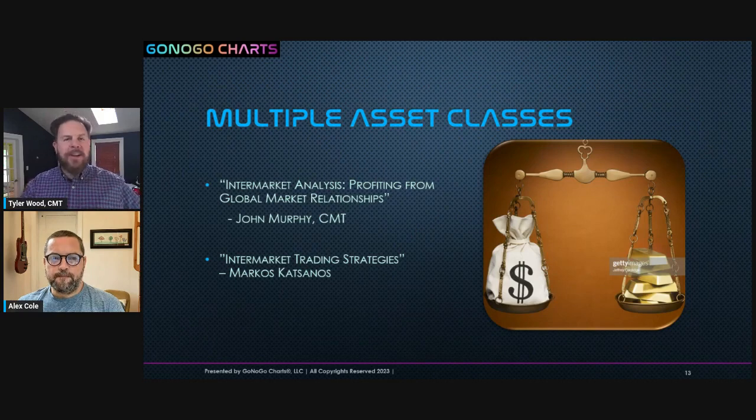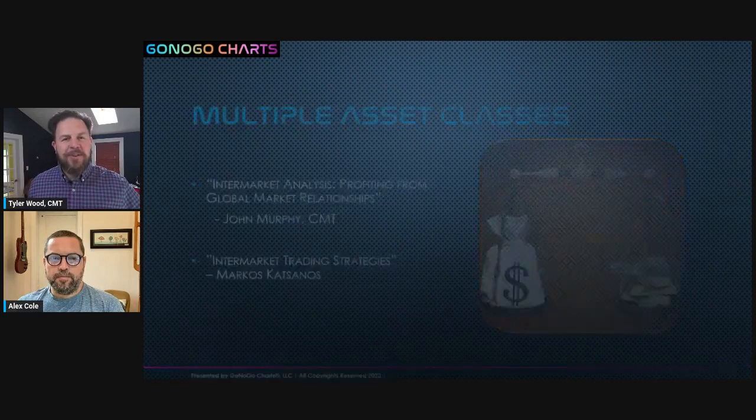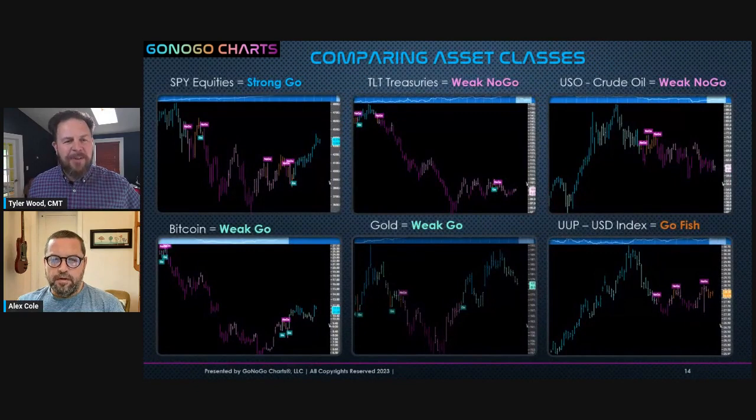Now, whether or not you are a cross-asset portfolio manager and you invest anywhere and you dabble in the futures markets or currency markets, or you're a strict equity investor, we know there's a ton of information across these markets. So when you're doing your analysis to help understand the context of what you are investing in, you can use GoNoGo Charts to your advantage. So Alex, why don't we do a little round the world look across the asset classes just using GoNoGo Trend